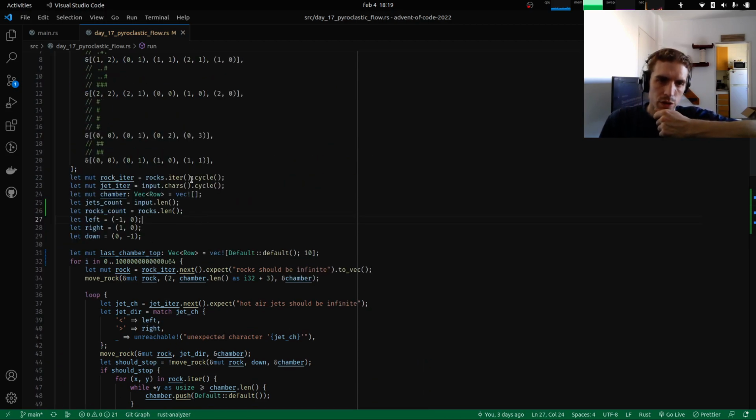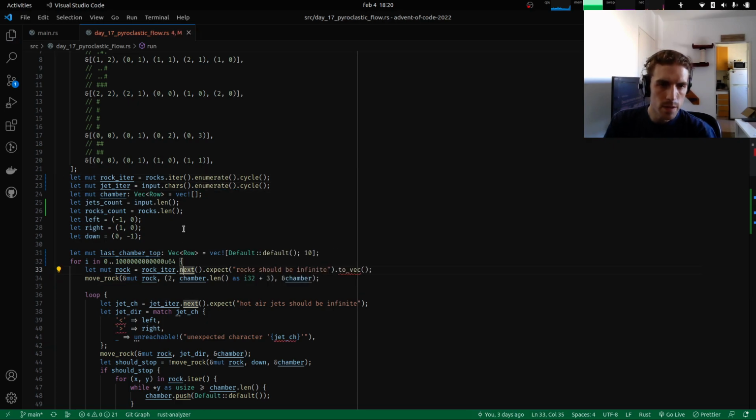I think whenever we are iterating rocks and jets, we have to keep track of the rock index and the jet index. We are not doing that. So maybe here we could enumerate